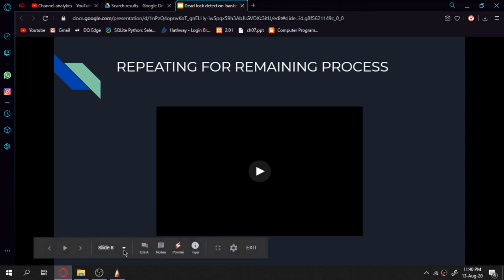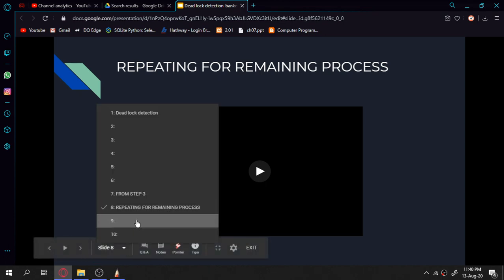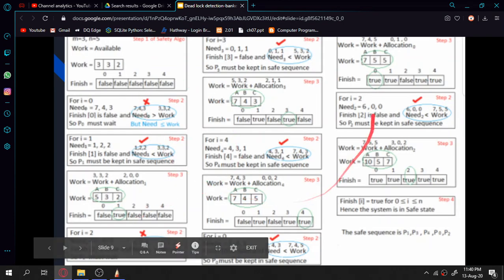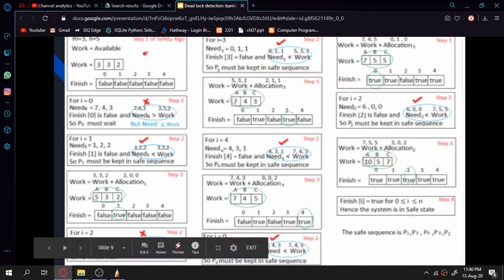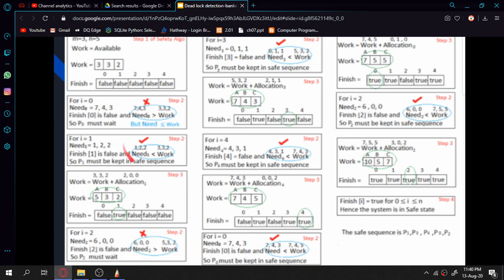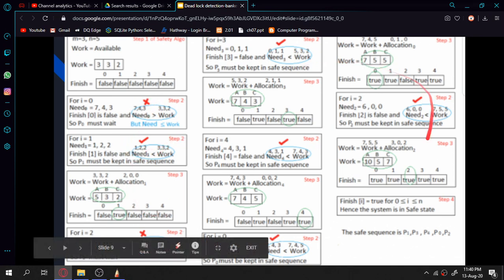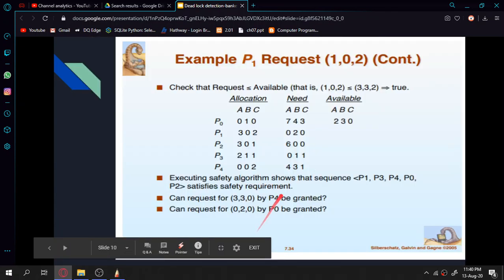So now this is the next. This is the whole scenario I have seen over here. All the sequences I have just explained before, as a single slide: how the work started, initially how it was allocated, why it was not able to proceed, and then how it was able to proceed, and finally how we were able to see the safe sequence. This is how the program logic helps to find out the safe sequence.